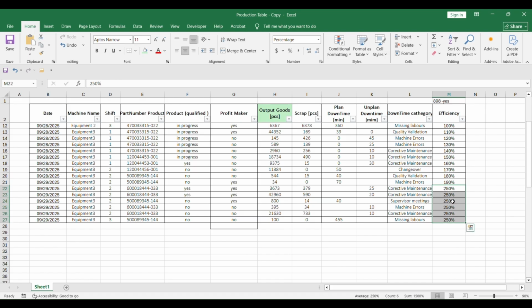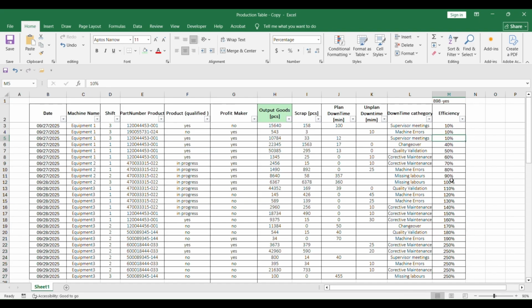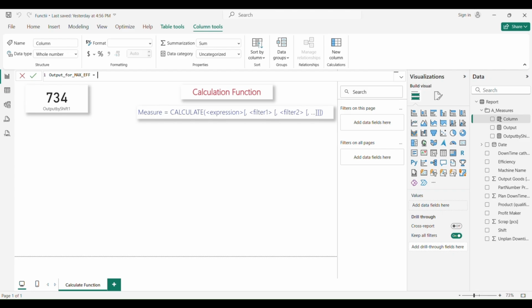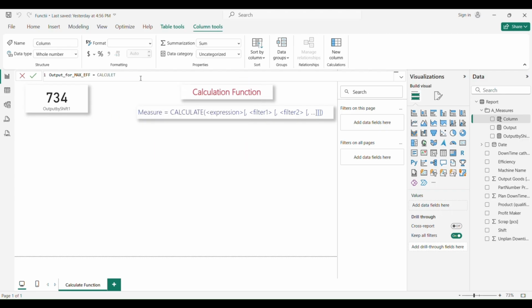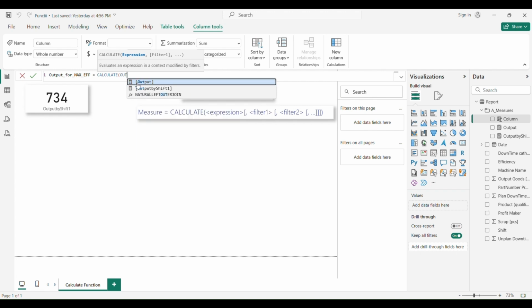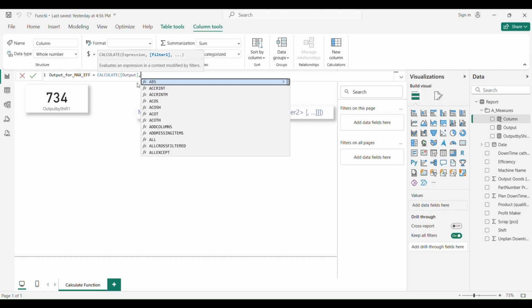Of course, these numbers are only for our exercise, they are not real, but let's just make a try. So we can say calculate, and we say now we have a measure, we can write just output, click.